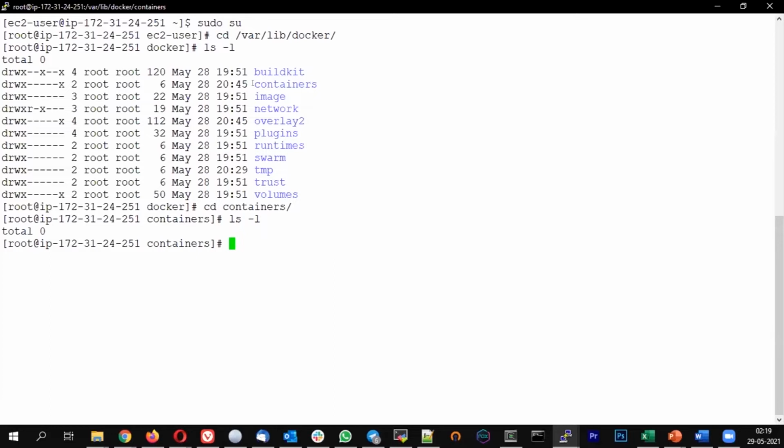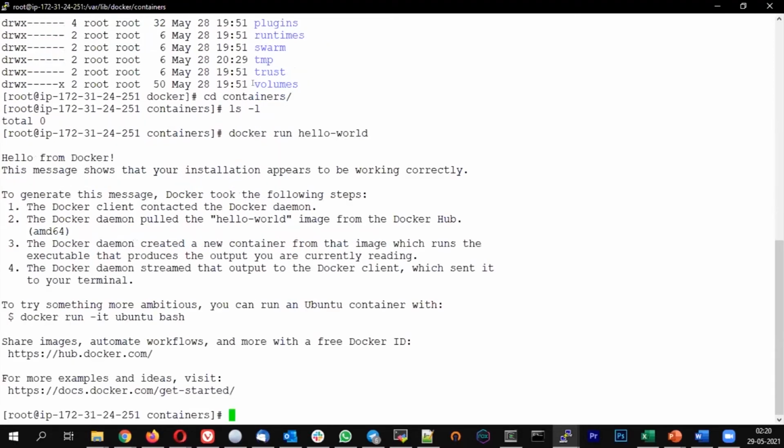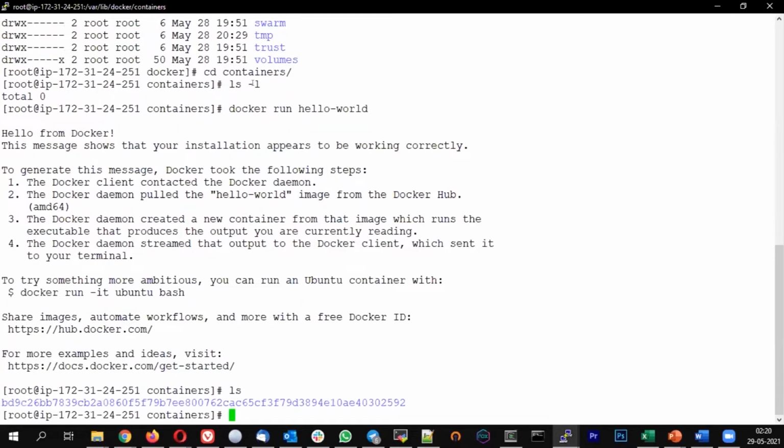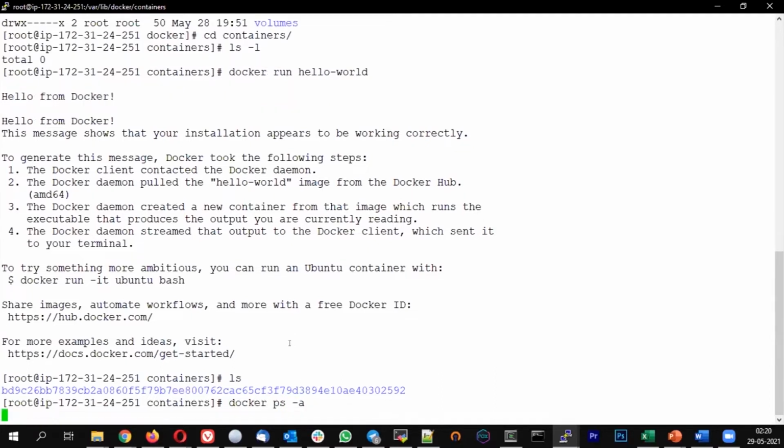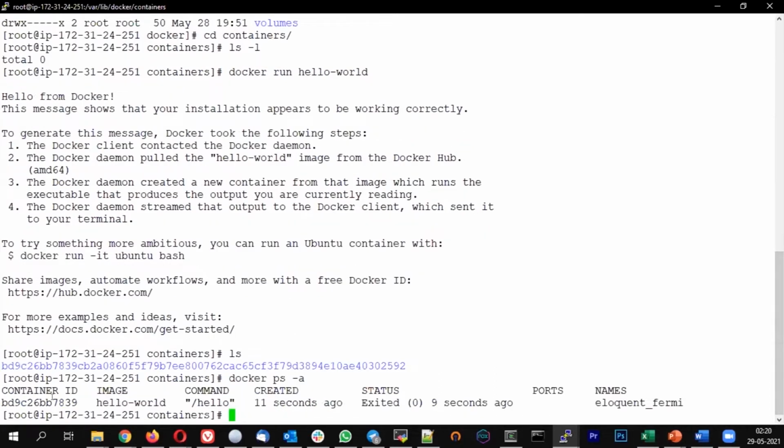Currently, we don't have any containers. That's why you don't see anything. Let me run a hello world container again, and then I will show you. Okay. Now, if I do ls, you can see, if I do a docker ps -a, I can see a container in the exited state, and this is the